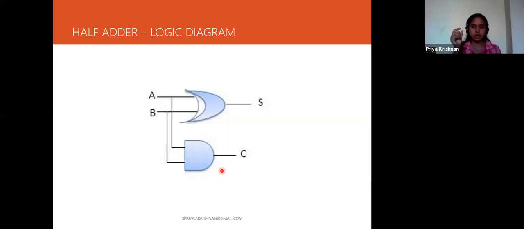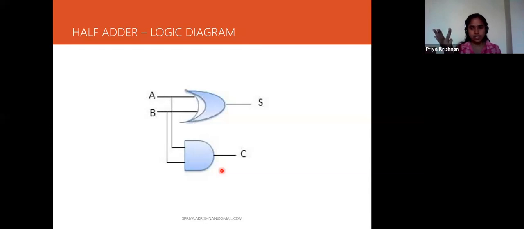So one more time, I'll recall the steps. The steps will help you to design any combinational circuit. So what are the steps? First thing is, what is the idea? What do you want to do? Addition, subtraction, multiplication, division. What is my idea? And the second one is how many inputs, how many outputs. And the third one is what is the block diagram of that. Fourth, from the idea you have to write the truth table.